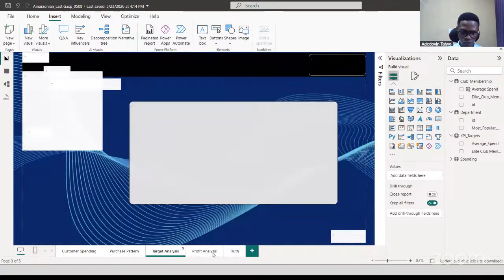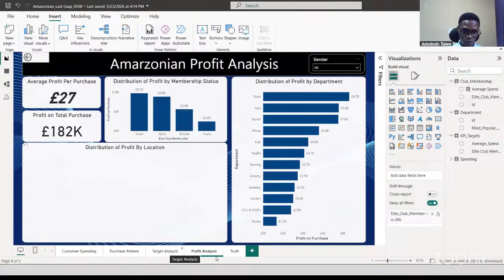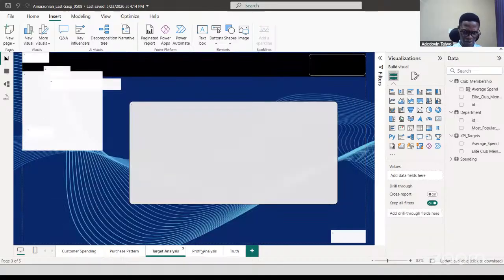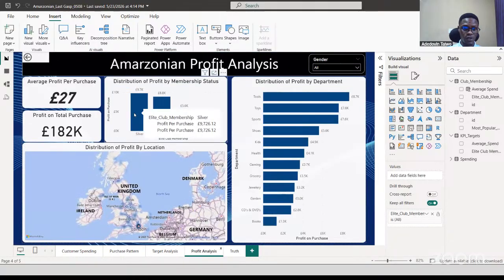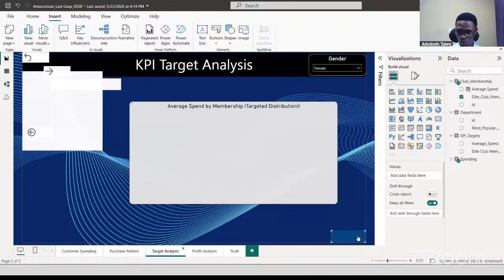I think we'd have to leave out this button. So in the next video, I'm going to properly explain how to use the button, as it is not working. But for now, let's just focus on right clicking. So when you right click, once you add your drill through,